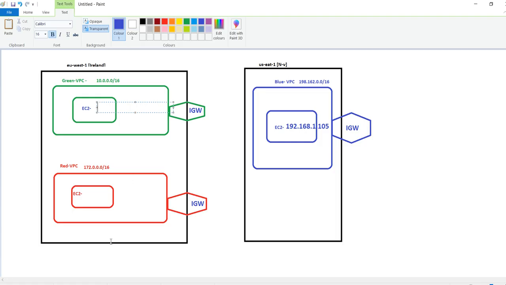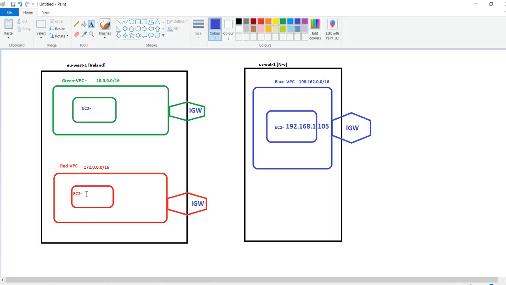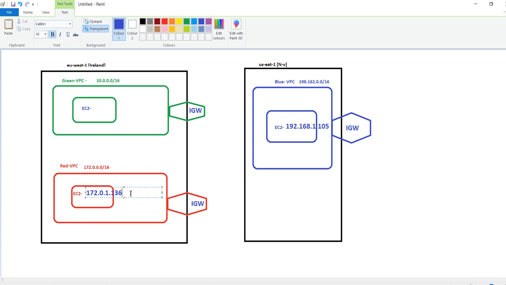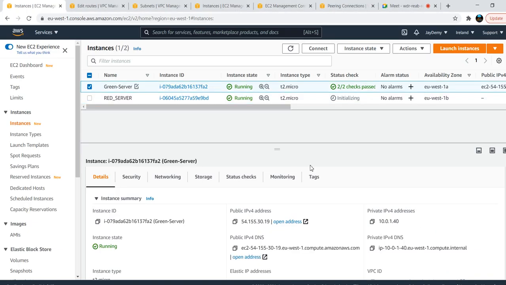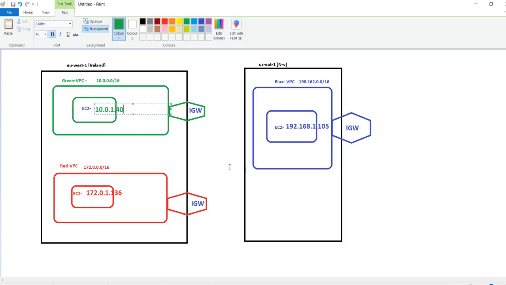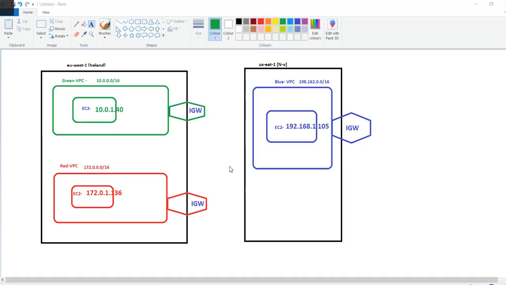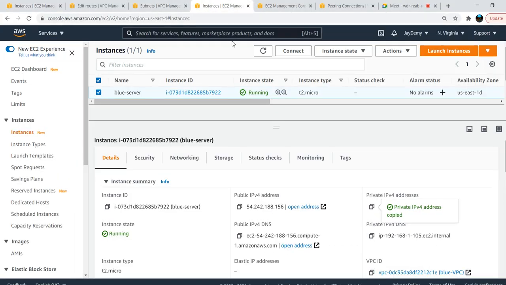This is the red server IP, and the green server IP also I'll get and paste there. Now we will wait for this blue server to come up.